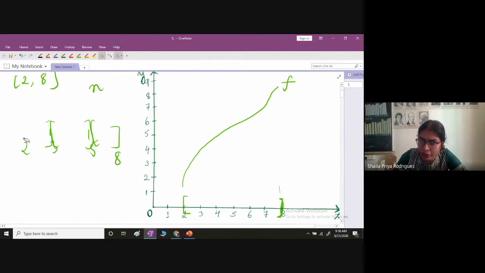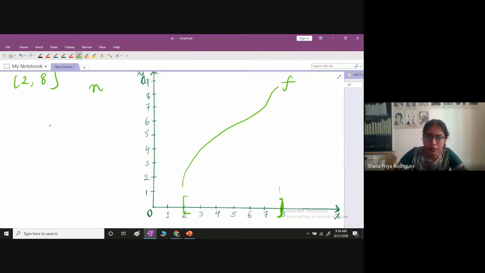So if I want n subintervals, how many intermediate points do I have to choose? n minus 1. For 3 subintervals you chose 2 intermediate points; for n subintervals, you choose n minus 1 intermediate points. The 2, 8 here is generally a, b. 2, 8 is just an example. The closed interval that you should have in mind from the definition is the closed interval a, b. We want to divide this interval into n subintervals, so I'm going to choose n minus 1 intermediate points.